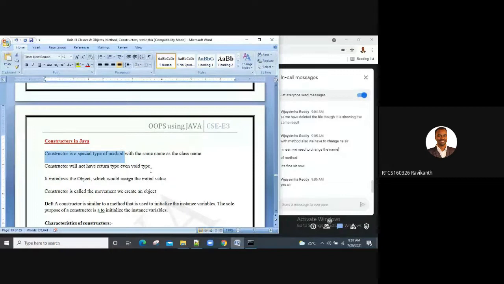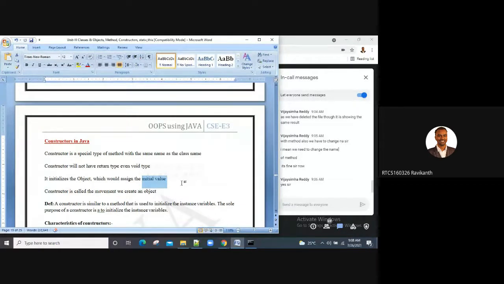So let's move on with the constructor. A constructor is a special type of method with the same name as the class name, as we have just seen. A constructor will not have a return type, not even void. It initializes the object by assigning the initial values. Understood why we got 0 and null in the previous example?